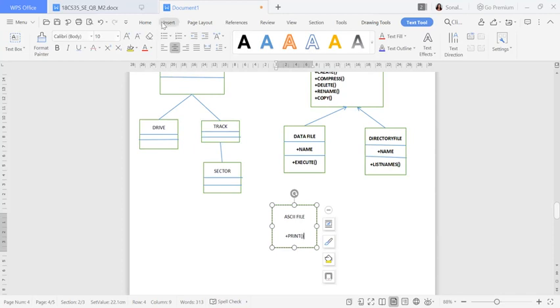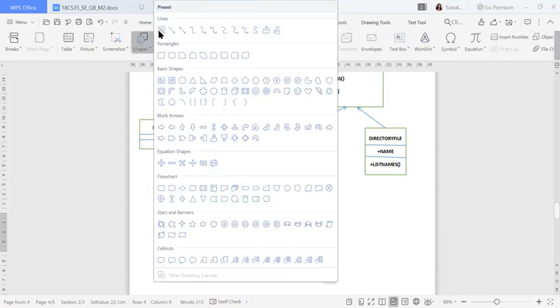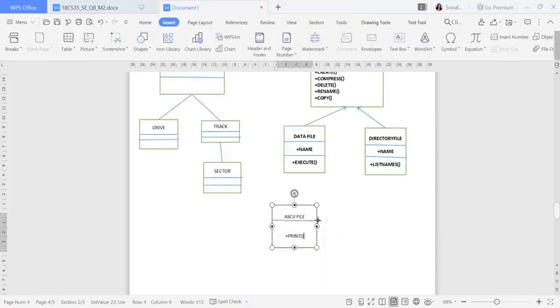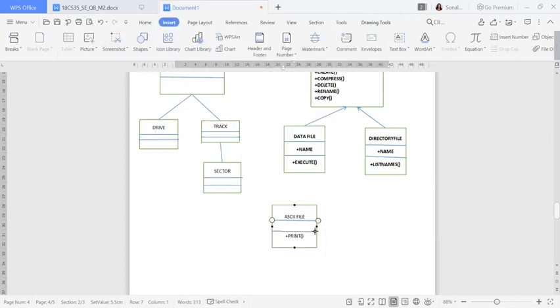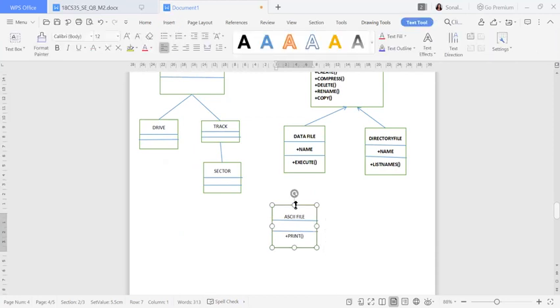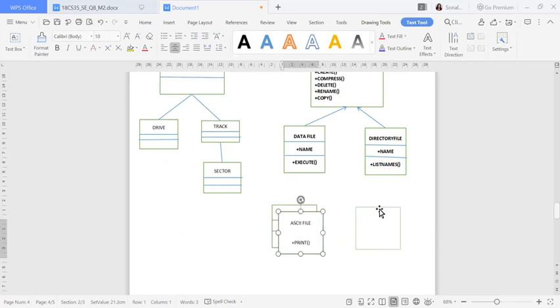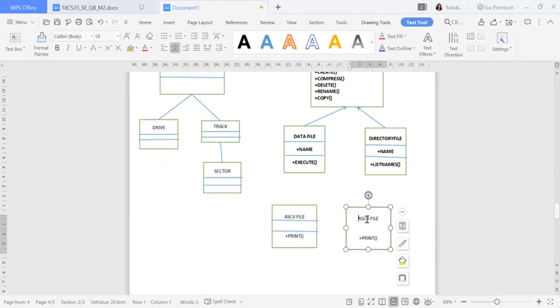So here I will divide it, and again I'm going to divide it. Fine. So now one more will be there according to the question, that is binary file. So I'll place it over here. So this is my binary file, and I'll just give the separations.